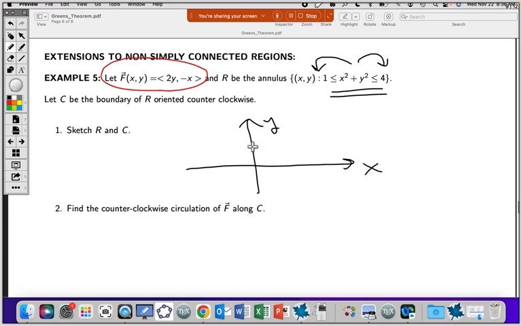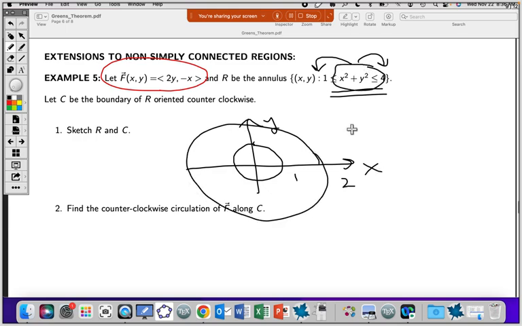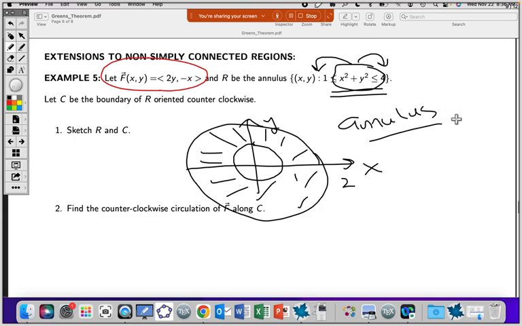So we've got a circle here, radius 1, and then another circle of radius 2. And since I want the pairs x squared plus y squared that are not only equal to 1 and 4, but between 1 and 4, then that's your annulus, right? Now we want to orient R